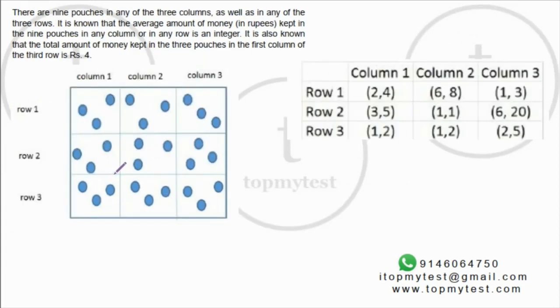Okay, let's start with this. We had 4 coins here. Now we have 1 and 2 already. So you have 1, 2. So the third coin should be 1. So 1, 2, 1 or 1, 1, 2, whichever way you want to call it. This is done. Now if you observe row 2, column 2, minimum is also 1, maximum is also 1, which means all 3 coins should be 1. Total should be 3 in these 3 pouches.